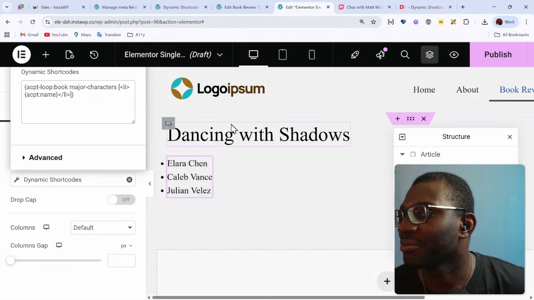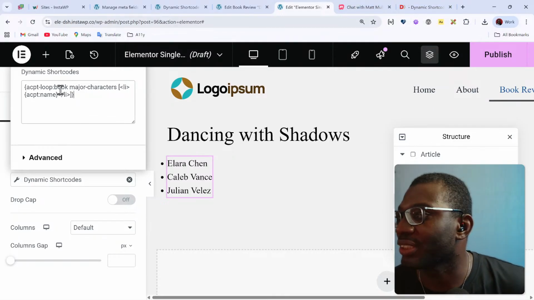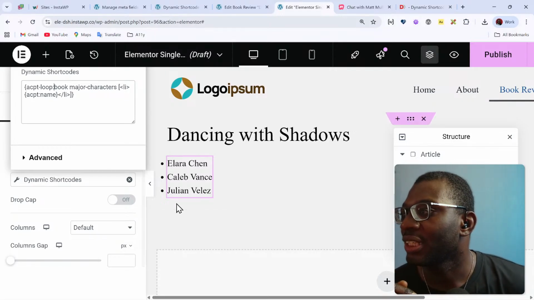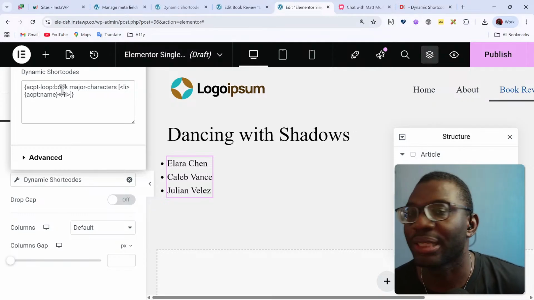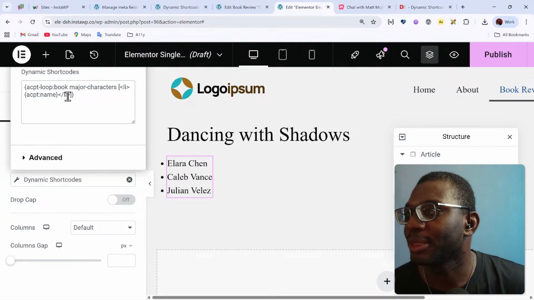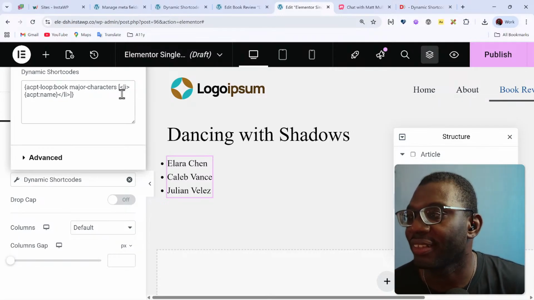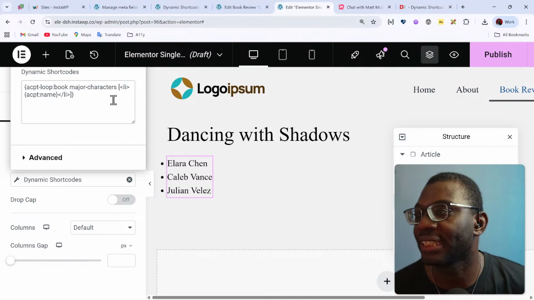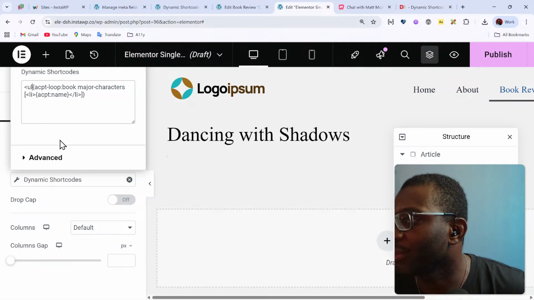Yeah, so that's it. So basically what I'm doing here is, the way ACPT-loop works is it accepts 3 pieces of information. The first is the name of the meta box, which is book, space, the name of the field itself, which is major-characters, then space, the template you want to return. So in this case, I'm trying to return an li. So let me wrap everything in a UL first. So UL,